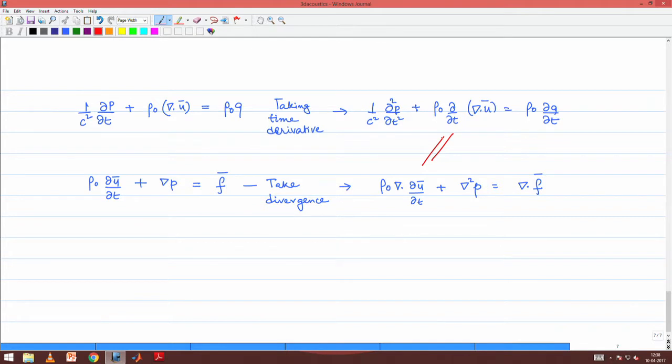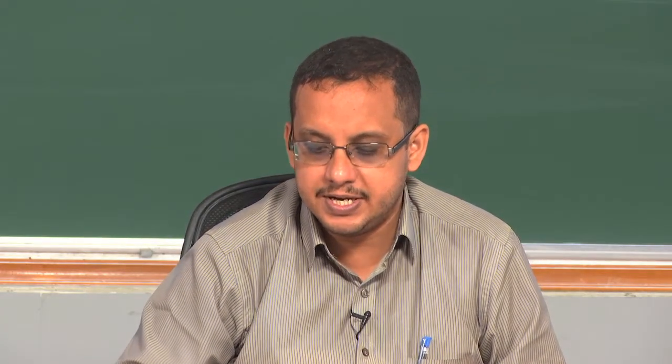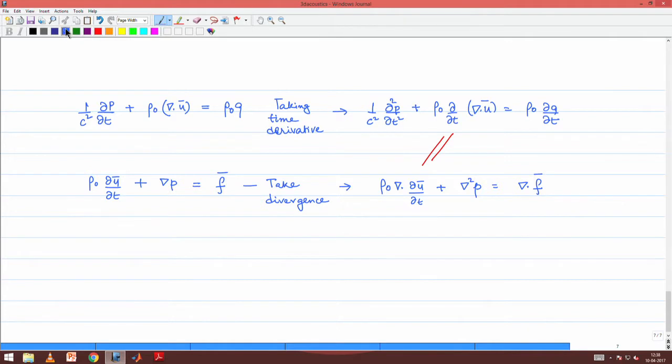It does not matter whether you take the divergence first and then the time derivative, or the time derivative first and then the divergence. The rules of calculus say that if the function of interest is sufficiently smooth, then the order of the different derivative processes can be interchanged, and thereby you will have those two terms equal. So, if we subtract these two,